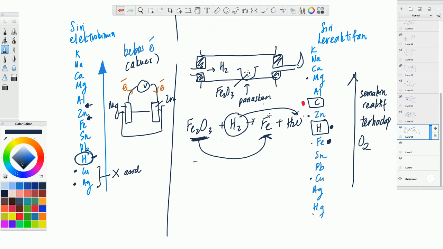Sekiranya saya melihat kepada siri elektrokimia, hidrogen di sini, hidrogen kurang reaktif daripada ferrum. Hidrogen tak boleh curi oksigen ferrum. So, salah. So, oleh itu, kita tak boleh guna siri elektrokimia untuk tindak balas pembakaran atau reaktiviti terhadap oksigen. So, itu bezanya siri elektrokimia dengan siri